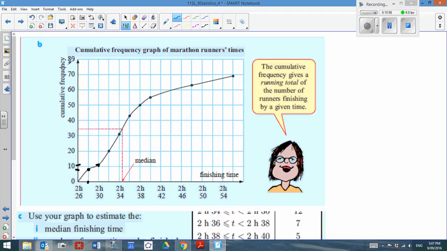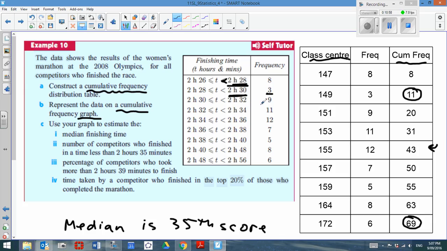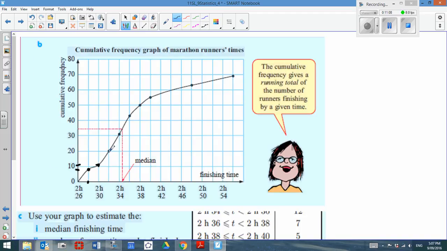So our next point would be 20 runners that are at or below 2 hours and 32 minutes. On our graph, we have 2 hours and 32 minutes here, and we have 20 runners that correspond with that. We're going to continue to plot our points until we get to our max, where we have 69 runners that are at or below,